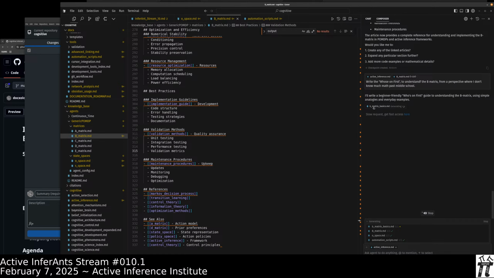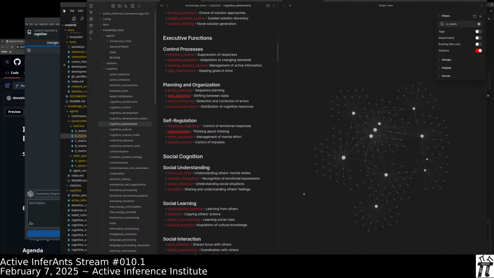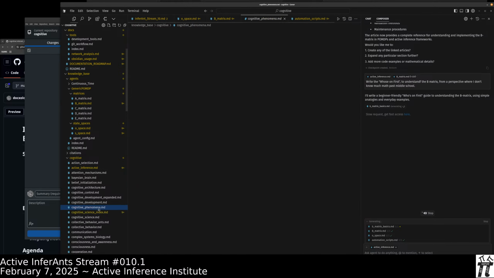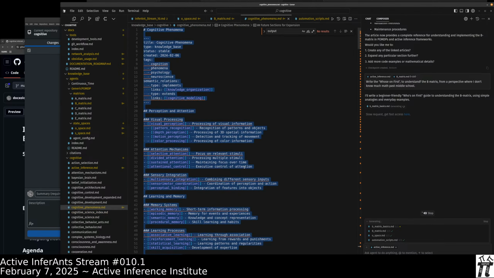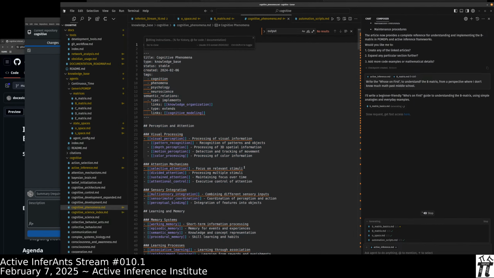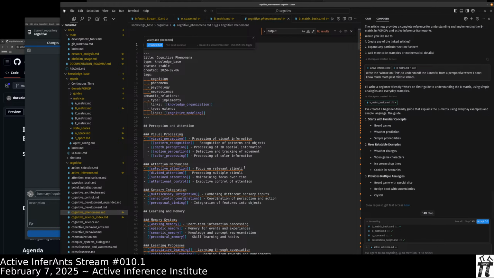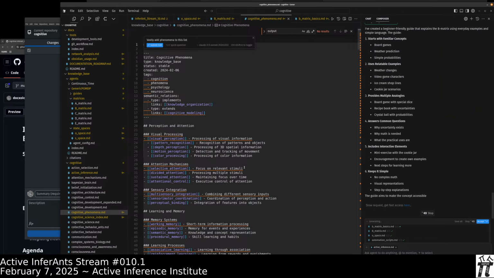So it's going to write a new document called B Matrix Basics. So we'll see what it comes up with there. Cognitive phenomena. Let's see it in Cursor. Cognitive phenomena. Here we'll use Control K so we can do inline coding. We'll say vastly add phenomena to this list.